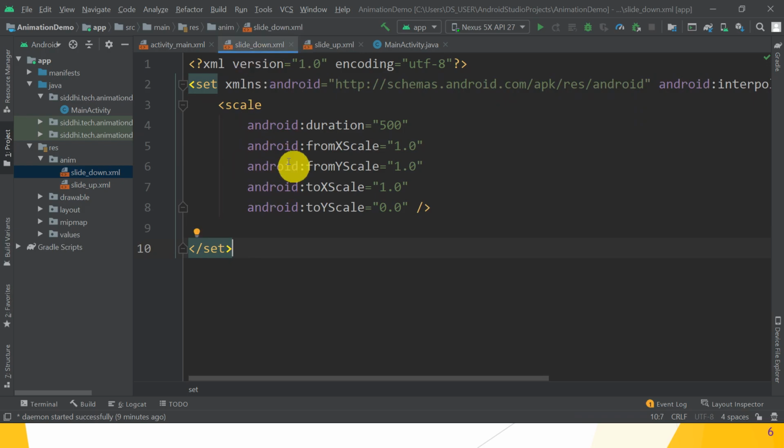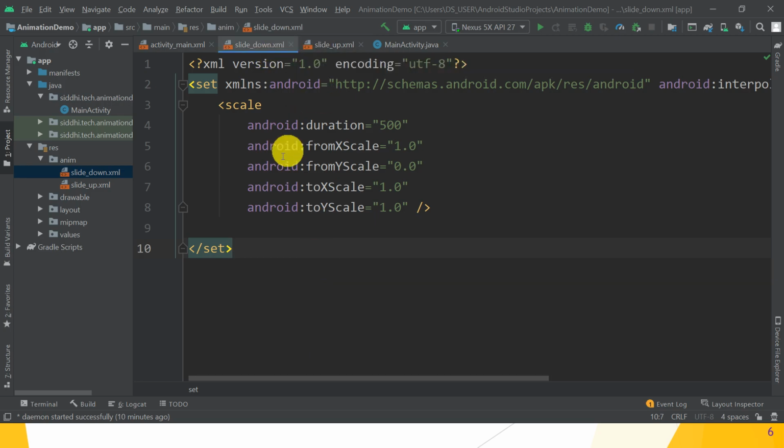So for slide down, what are the changes we have to make? Only fromYScale, it is 0.0, and toYScale, it is 1.0. Great. So we have to make only these changes to the slide_down.xml file.